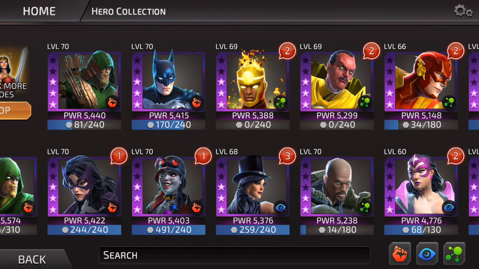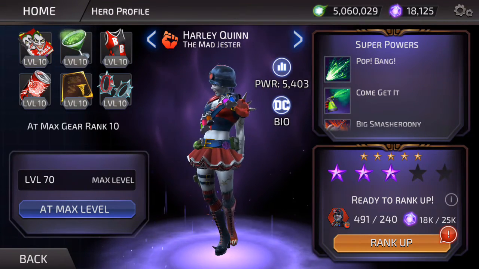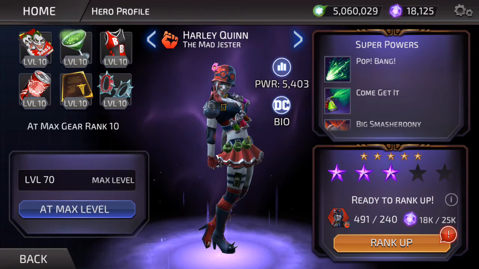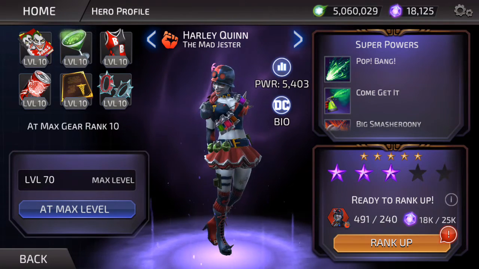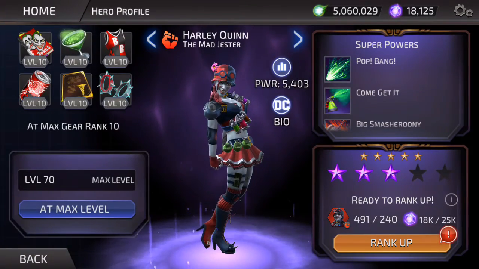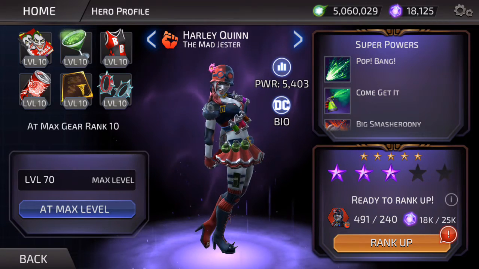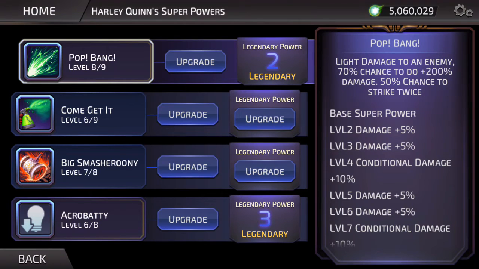So I have Mad Jester Harley maxed out on the gear, and as you see, I have 491 shards. I did not buy her package for gems because she's an extremely common arena reward, and I think she's almost legendary 5. The cool thing about her is her power. Her speed being 84, she's kind of fast, not in the league of the arrows, but she's not as